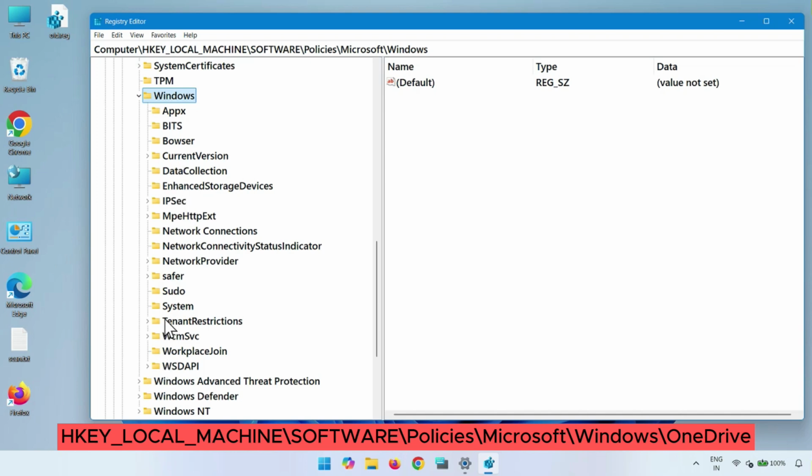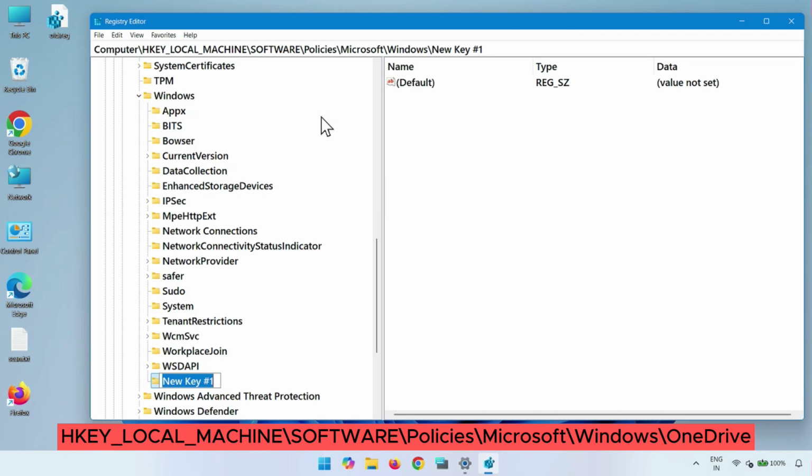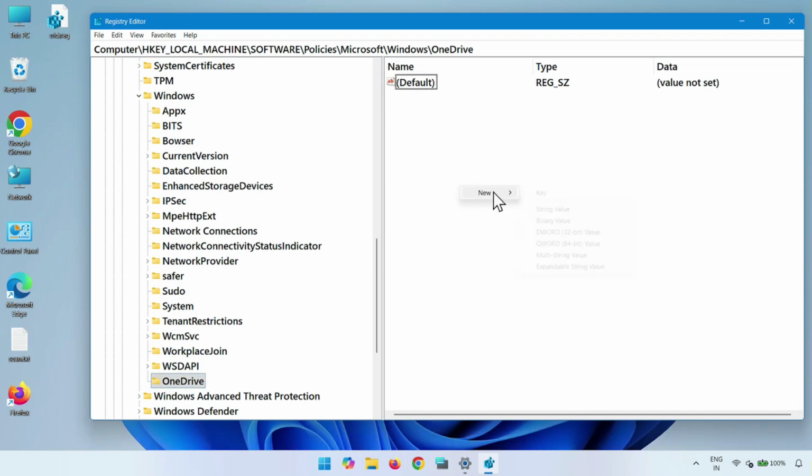Okay, so if the OneDrive folder is not showing here, no worry, just right click on Windows and click on New and then click Key. Then type OneDrive, with capital O and capital D, and hit Enter. So select this OneDrive folder, then right click in this and click New and then click